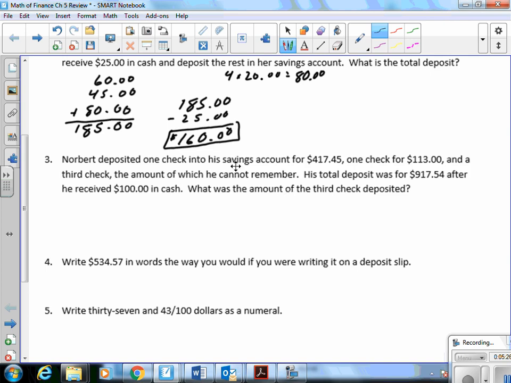So we got to figure out how much his third check was for. We know that his total deposit was $917.54, which that deposit was made up of a $417.45 check, a $113 check,